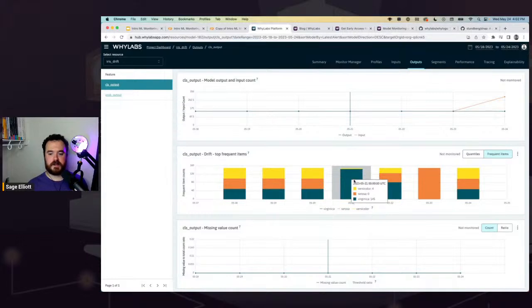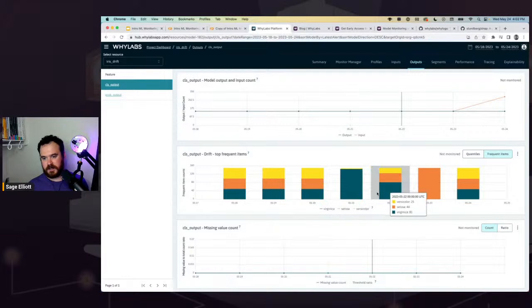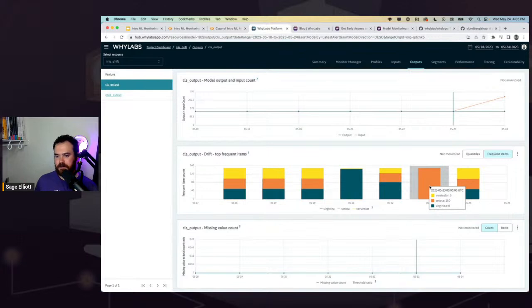And then on this one, we can see it's almost all one class, so that's kind of weird. And this other one, where we also saw the data go a little weird, but the median was about the same. The distribution looks a little different here, but closer to these ones. And then this one, which we saw was all zeros, is all one class. So that's kind of interesting. And then this distribution, again, looks pretty similar to how it did before.